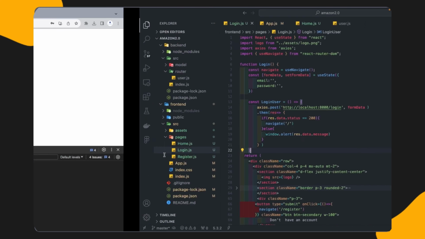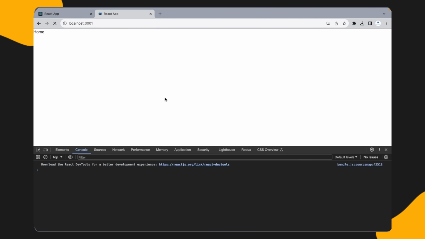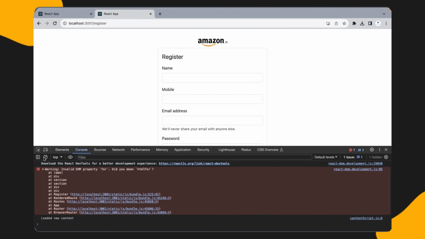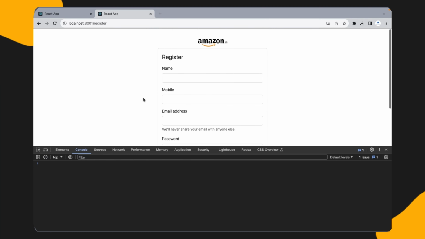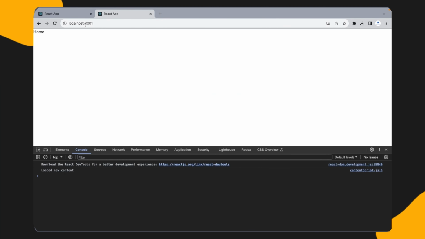So if I am refreshing this page, and suppose I am going to register right now, suppose I have opened this website for the first time, but if I directly write the home page path, I can see the home page without creating the account and without logging into the account. So we need to prevent this. These are the main things in a full stack application. So how can we do this?